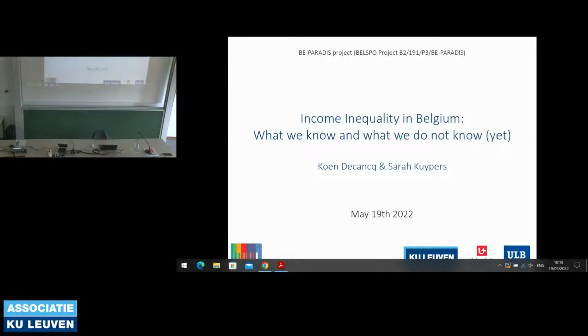Okay, let me start also by saying a couple of words on why we do this project. As André very well described, for us the motivation was this graph from the OECD. I've been teaching about inequality for several years, and I show this graph in my slides. And very often a student asks me, but professor, why is Belgium so different? And in all honesty, I did not have a good answer to that question. And that's why we started this project, at least to try to answer our students why Belgium is not moving on that graph, whereas many of the neighboring countries are moving.